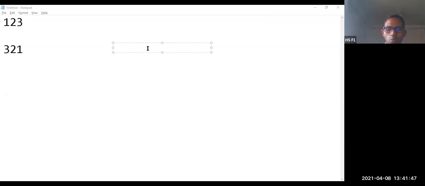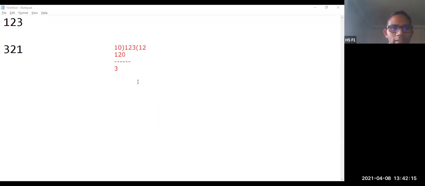So suppose you are having 123 as the number. If you divide this number by 10, what is the value you are going to get? 12 tens are 120, you are going to get 12, and the remainder is 3. Is that right? So when you divide 123 by 10, you are going to get the remainder as 3.